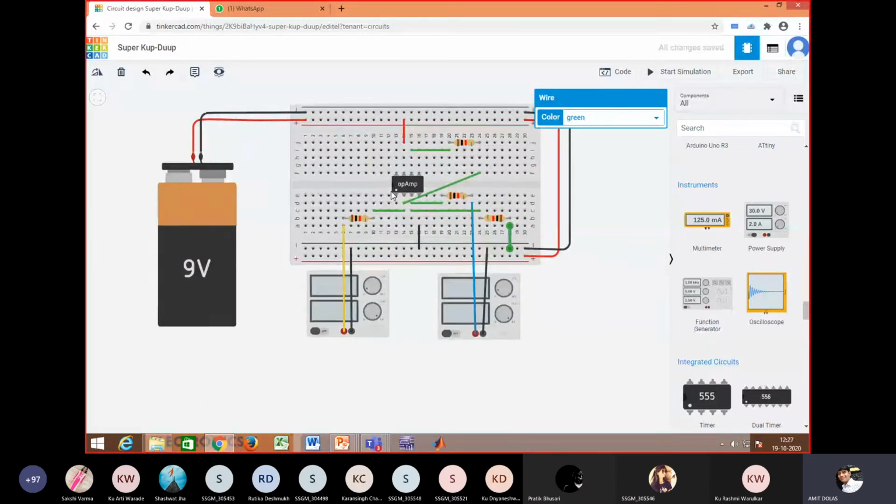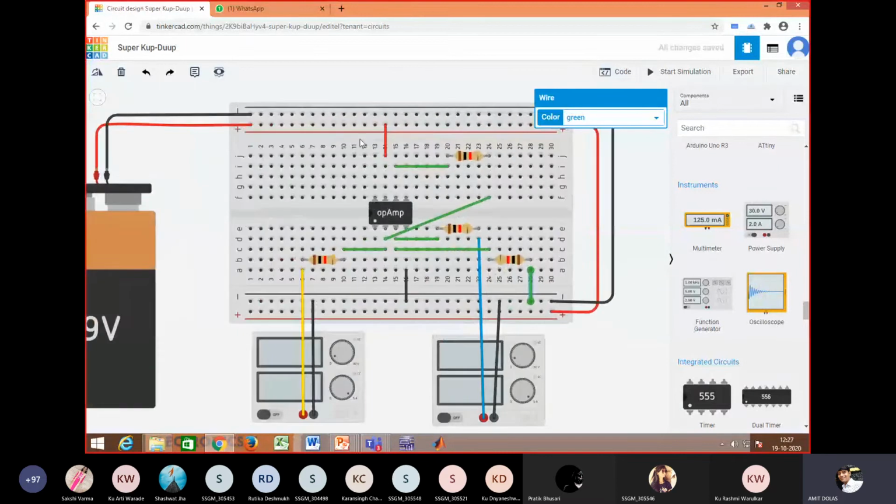Again, shortly we'll revise it. You can see here pin 1 of the resistance is connected into pin number 6 and pin number 2. Again, one resistance between pin number 2 here and source V2.